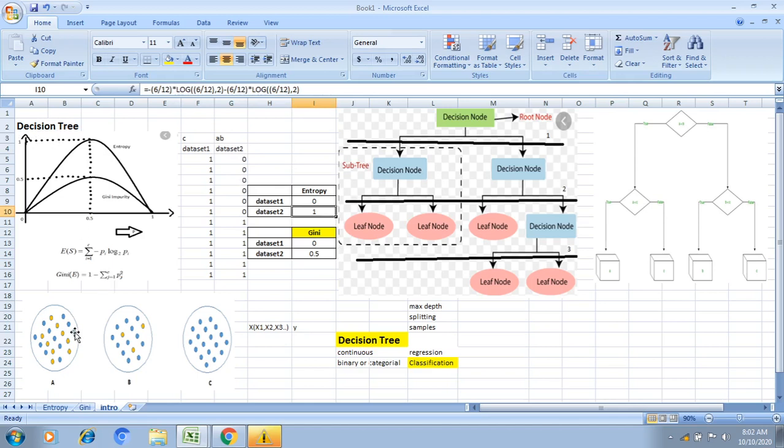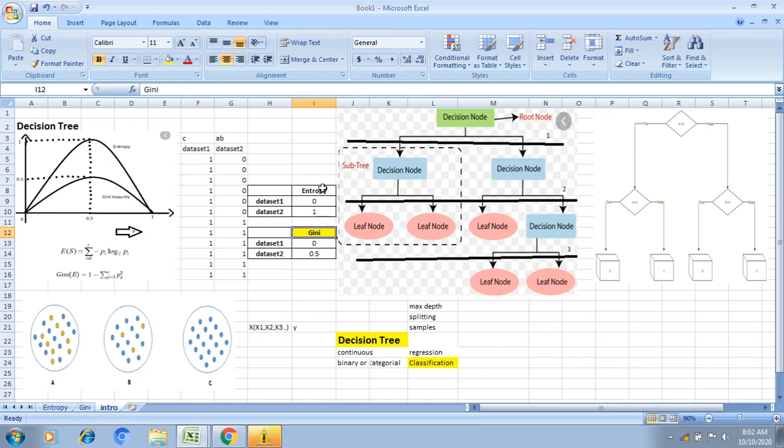Okay, if half of the samples are blue and half of the samples are yellow, then we'll get max entropy. Similar way I'm calculating the Gini. Okay, for example, how many zeros are there? 1 minus, 6 zeros are there, 6 divided by 12 whole squared, minus again 6 ones are there, 6 divided by 12 out of 12 samples, whole squared. Similar way I calculated the Gini, and I got max Gini as 0.5. Okay, this is the way we are calculating the impurity of a node using entropy and Gini.